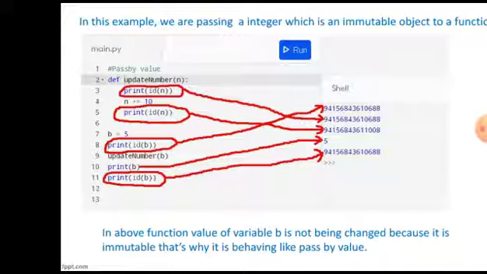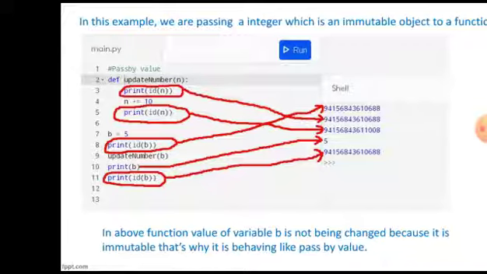The function will create a copy of that variable, try to modify that copy, and assign that modified value to some new variable. A new object reference will be created and assigned to a new variable which will have a local scope, like shown in this function. So in the above function, the value of variable b is not changed because it is immutable. That is why it behaves like pass by value.